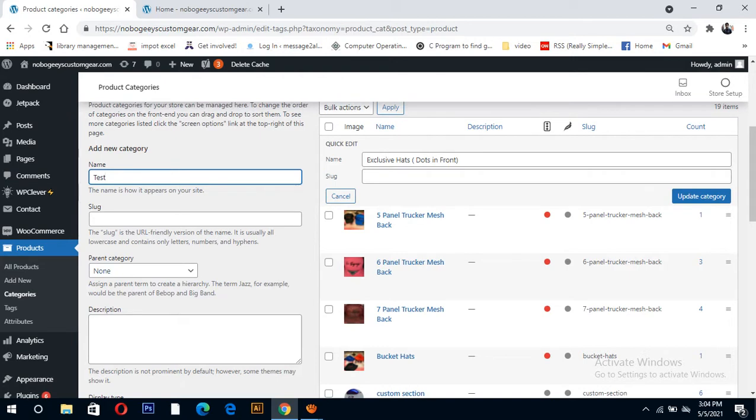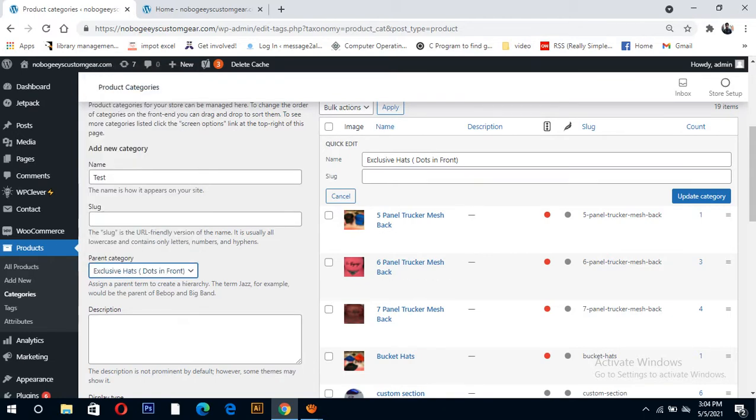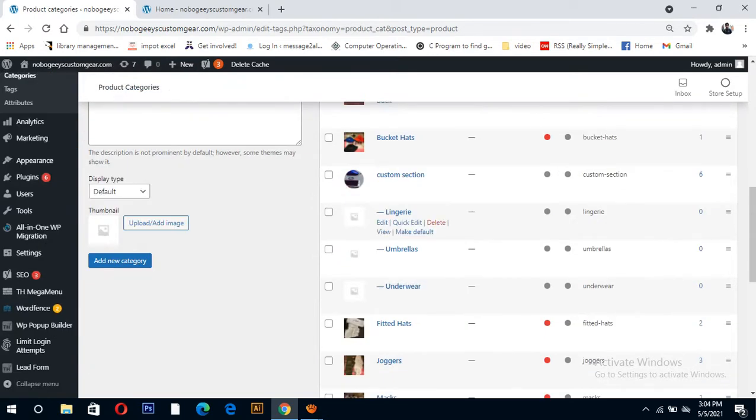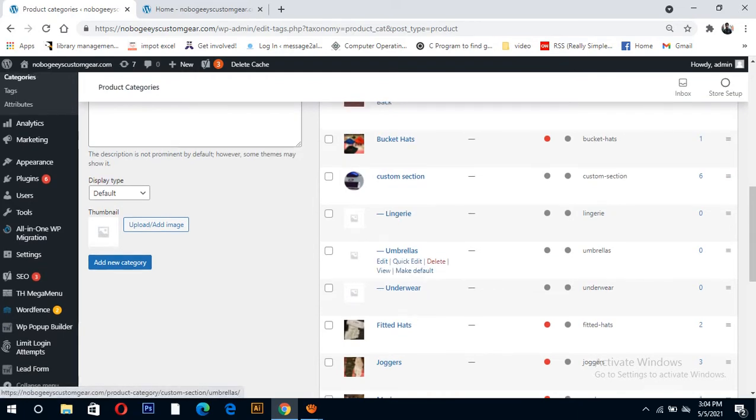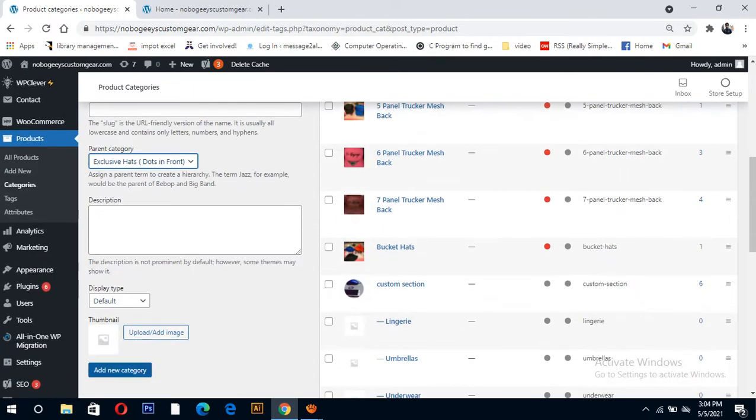If you want a parent category, with a child category under the main one, you can select it here. For example, under exclusive I want something like an umbrella, underwear, custom under. You can select the parent here, then click.